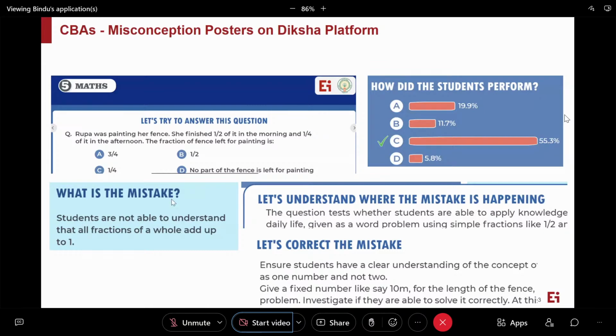So what is the mistake that these 50% students are making? And how do you understand why that mistake is happening? Let's understand where the mistake is happening and what is the cause of this mistake. And then it also gives you a remedial instruction as to how to correct the mistake. So you can take this poster almost like a lesson plan and start with a question and ask